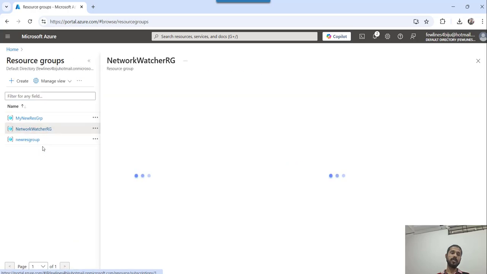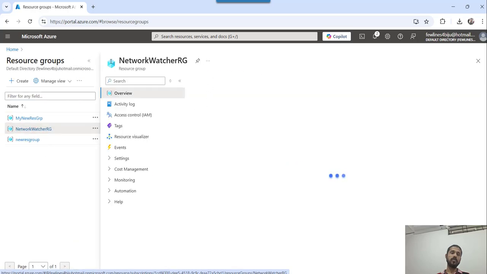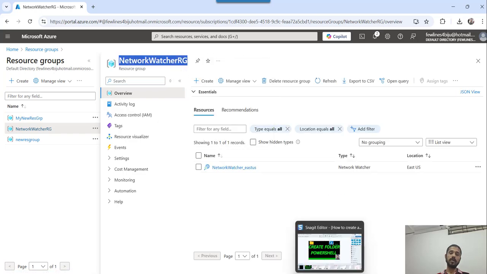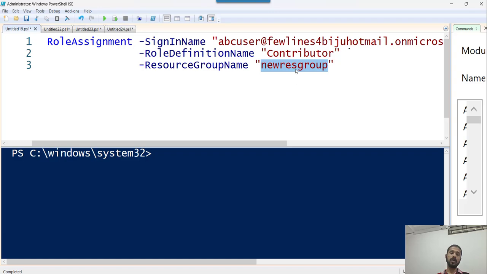I'll go to the network watcher resource group, copy this resource group name, go here and replace it with this particular one. Now what I'm trying to tell is add this ABC user to this particular resource group as a contributor role,